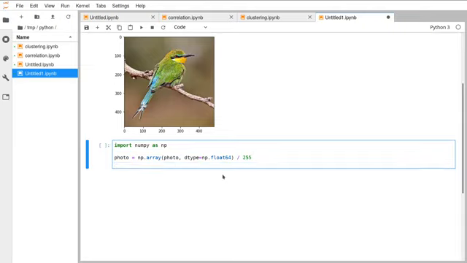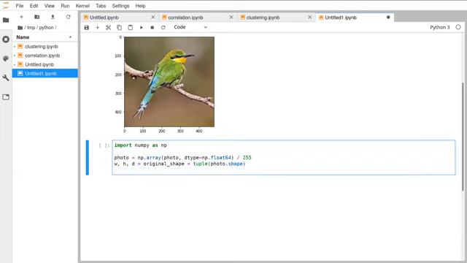We then want to extract out the shape of our photo, because later on we're going to be changing the shape and we want to be able to reform the shape. So photo.shape returns the width, the height, and the depth of the image. That's 480, 480, and 3. We're going to save that in a tuple called original shape as well. Once we've saved what the original shape of the image is, we are going to do something to it, where we are going to reshape it